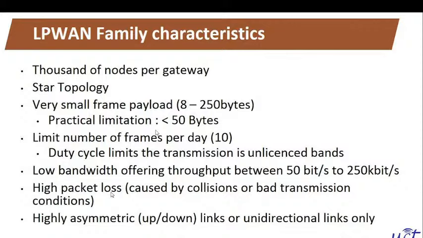Packet loss can be higher, and it is asymmetric, like uplink and downlink. We can have asymmetric data. Sometimes we are doing monitoring operations, where the sensors have to send data to the gateway. So mostly the traffic would be on the uplink side, and controlling would be very rare. So the traffic is asymmetric, that is called asymmetric traffic, uplink and downlink. Or sometimes it is unidirectional. If it is only for monitoring purposes, then it would be unidirectional, uplink side, from the sensor to the server side.